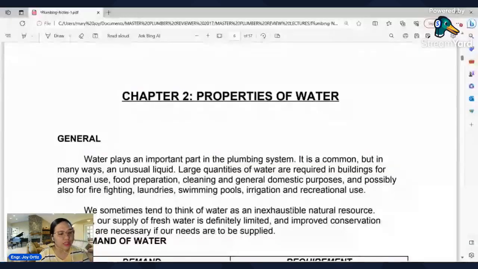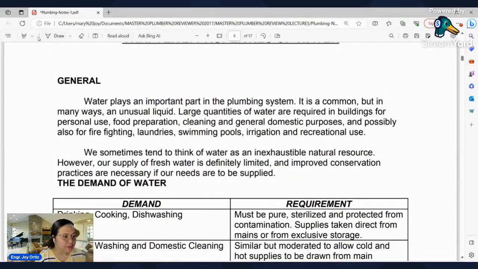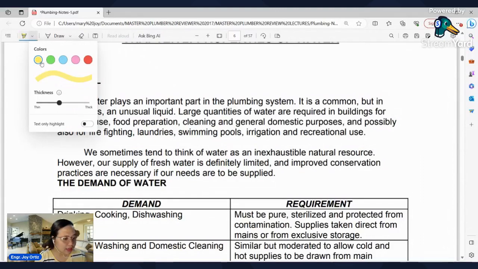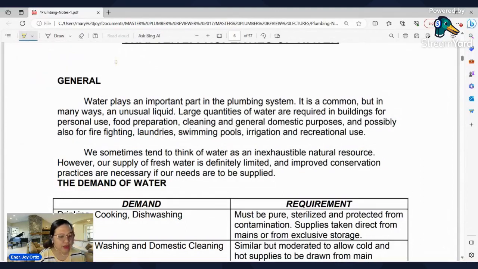Okay, so chapter 2 na tayo. It's about the properties of water. Part po siya ng plumbing notes natin. So, aralin natin to ngayong gabi. And it's about the water. Kasi yun naman po yung pinag-uusapan natin dito. So, more on focus tayo sa definitions. So remember this because water plays an important part of in the plumbing system. It is a common, but in many ways an unusual liquid. So large quantities of water are required in buildings for personal use, of course, food preparation natin yan, cleaning, and